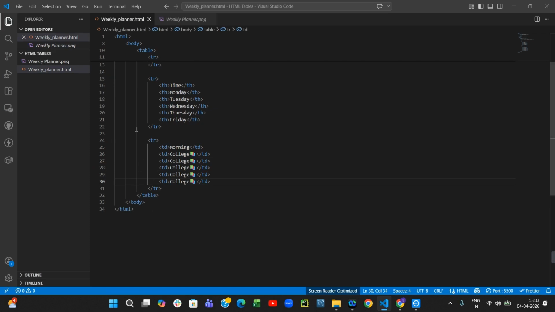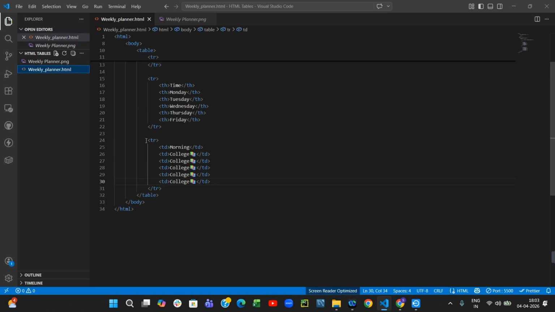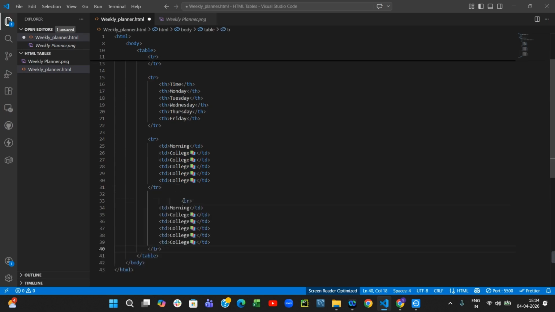Now let's quickly copy the second row. So in the second row we have afternoon, so I'm just going to keep homework, drawing, music, sports, puzzles. Okay, we can just make the changes to the text. So I'm just going to copy this, and I'm going to paste it here, and I'm going to write here afternoon, afternoon,